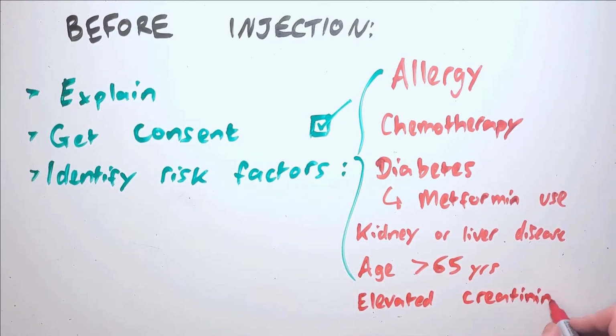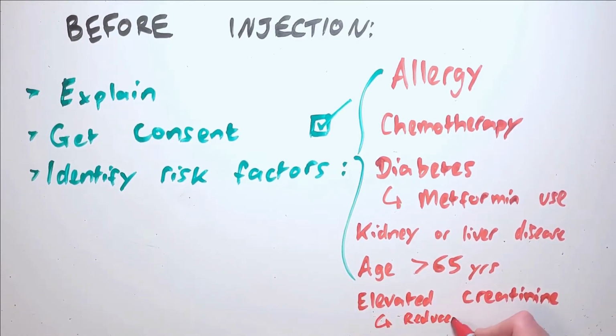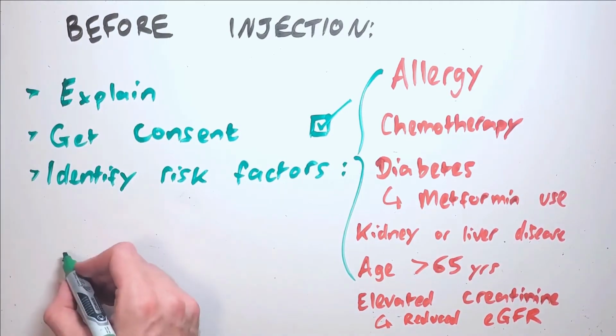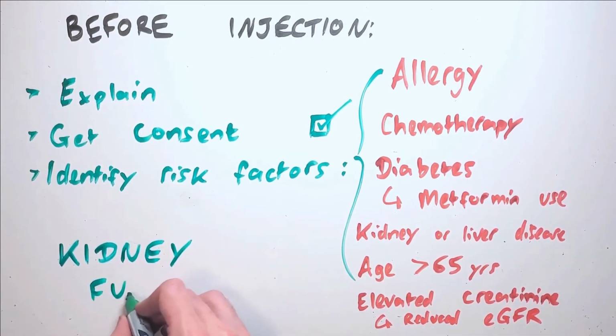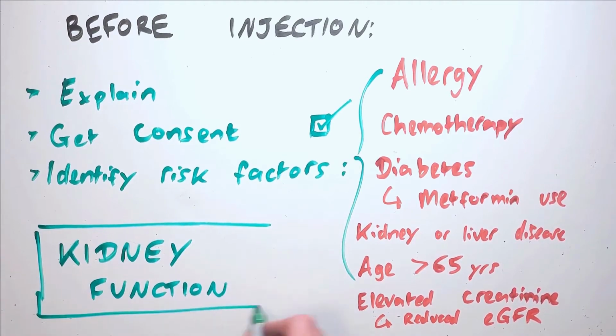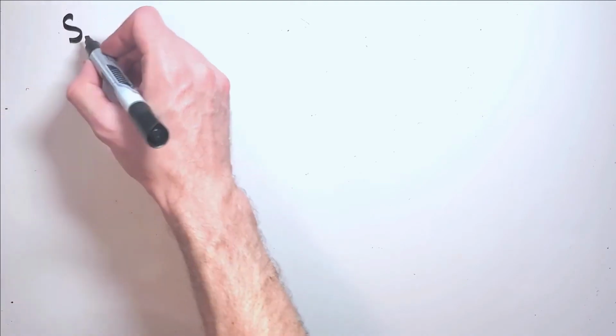function is impaired. It's important to check the creatinine levels for patients who have risk factors because iodinated contrast is excreted through the kidneys, so we want to ensure that the patient will be able to eliminate the contrast without further damaging the kidneys. To add to the point about renal function, we'll also calculate the effective GFR, which we will talk about shortly. Once we have IV access and the patient is on the CT table, we're ready to